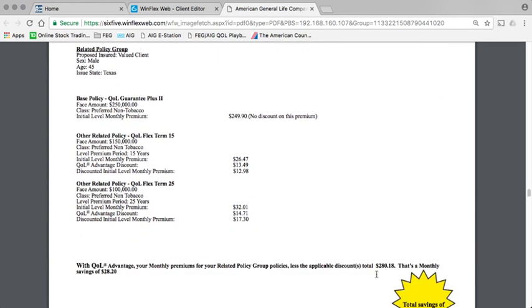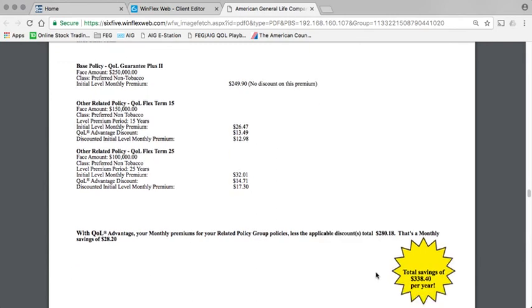Total combined premium, and it is only one premium because it is combined, is $280.18. We've saved the client $28.20 a month. That's an average of about $338 a year. Now, why would we add the QOL Advantage? Meeting specific needs. Maybe they want to make sure the kids are through school. Maybe they want to make sure their mortgage is paid off. Whatever the reason may be, we could add up to 5 of those term riders attached in the QOL Advantage